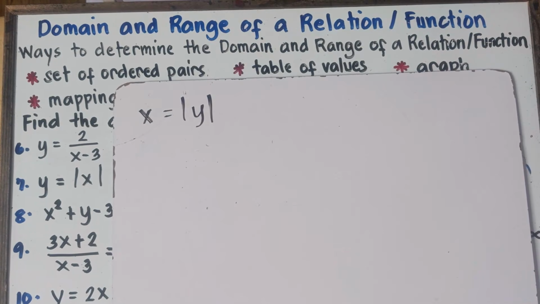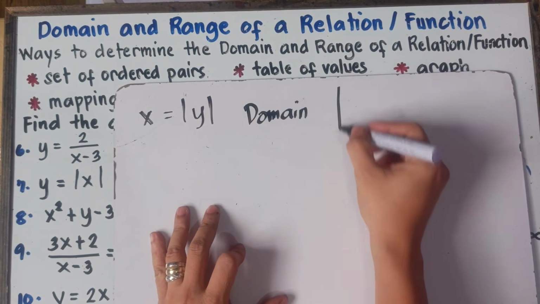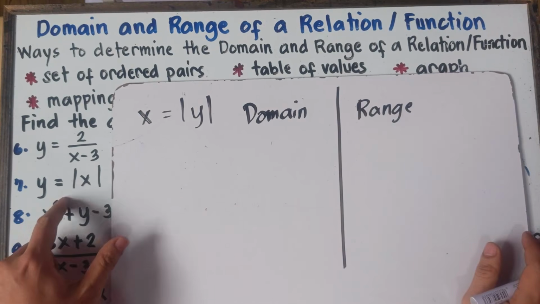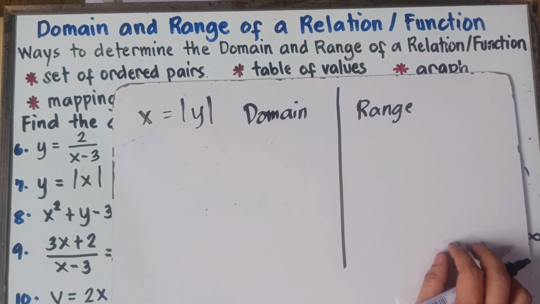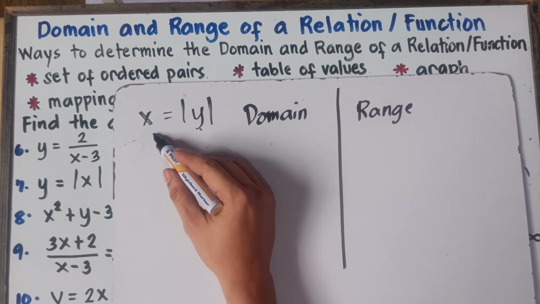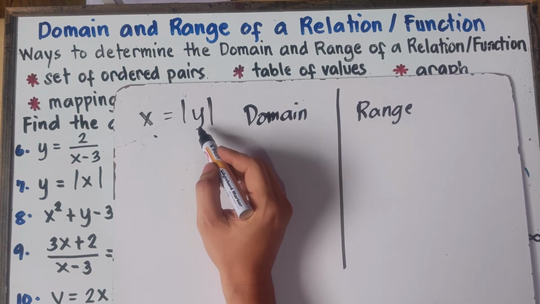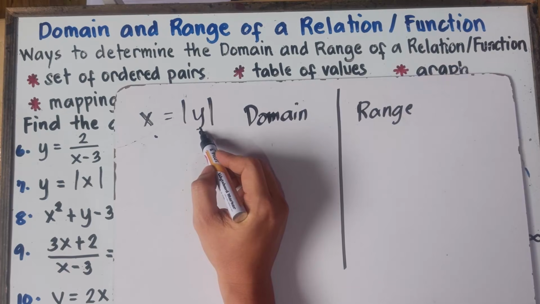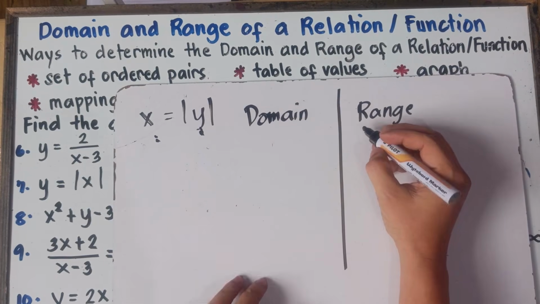Of course, we know, once again, domain and then range. If you have a given example like this, class, it's alternate. A while ago, we have y equals absolute value of x. Now, this time, we have x equals absolute value of y. Therefore, for the range, any value of y, you can get a valid answer for x. You can have negative 1, negative 2, negative 3, negative 4. So the range will be all real numbers.